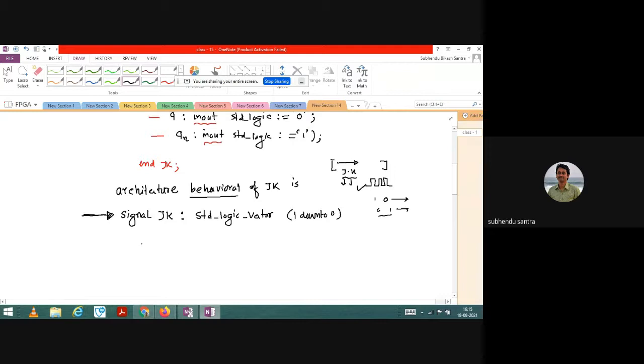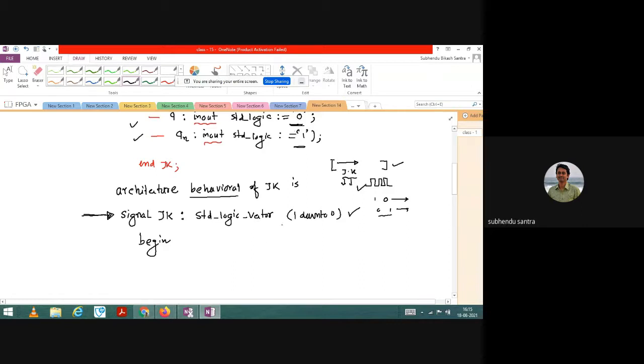Now after declaring that JK is a signal, you can start your program, so that is begin. This is the main learning point. There are two other learning points, inout and this. You can see here I have initialization of inout, and I have not used any separate architecture, as I did for SR. Point number two, I intentionally initialize the value so that there will be no race condition and the initial value problem can be eliminated.